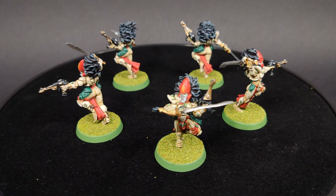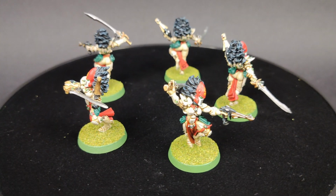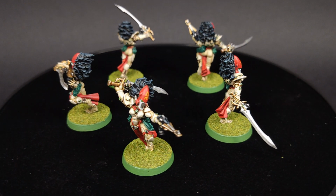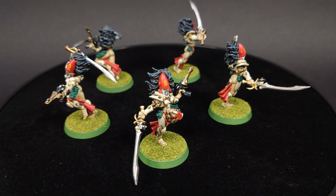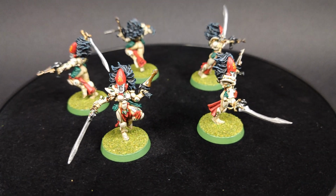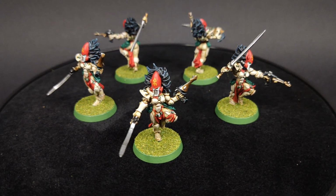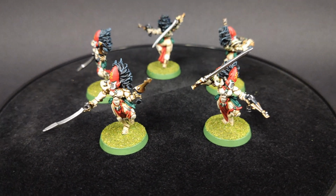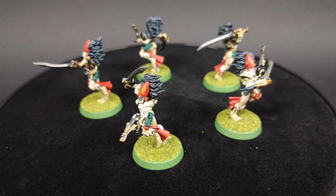And here they are in all their glory. Like I just said, these sculpts are pretty close to the original ones for the Rogue Trader era, so they do carry forward fairly well, I reckon. The Shuriken pistols instead of las pistols is a little bit jarring, I have to admit, but like I said, when it comes to writing up a list for 2nd edition, I can either just write them up as las pistols and count them as that during the game, or, which I've had some comments on the 2nd edition 40k